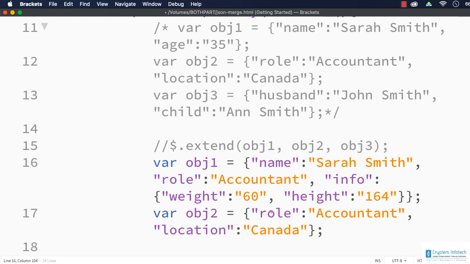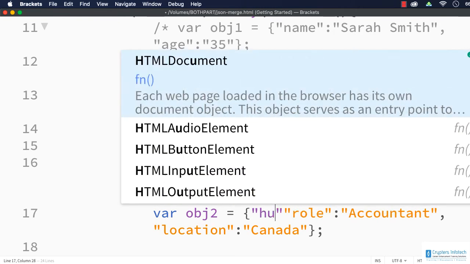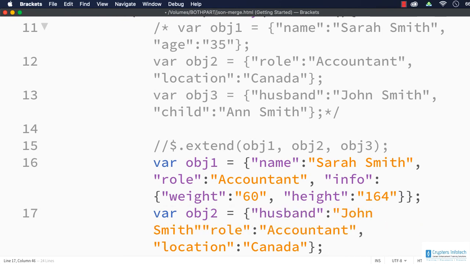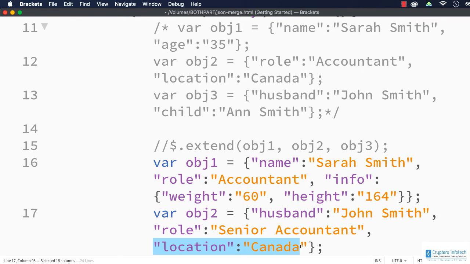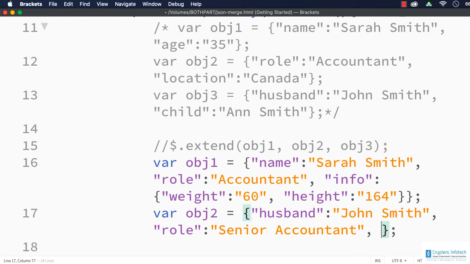Now inside this, suppose I specify husband to be John Smith. Okay, put a comma, and role to be senior accountant, and instead of location, suppose I specify info, and I'm just modifying the weight only.